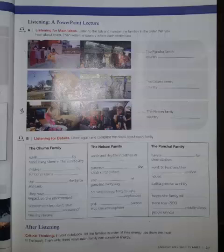Okay, good. First, let's look at the Chuma family in a village in Botswana. Mr. Chuma is a tour guide, and the family also raises cows. In this slide, you can see Mrs. Chuma doing some of her housework outside the family's small house. She washes her clothes by hand, and then she hangs them in the sun to dry. She isn't using any fossil fuels to wash and dry, which means she isn't sending any greenhouse gases into the